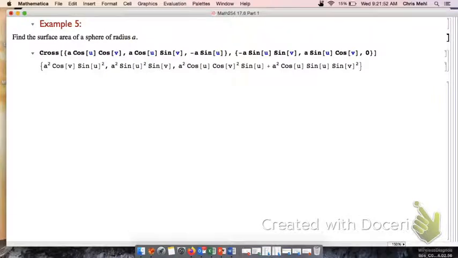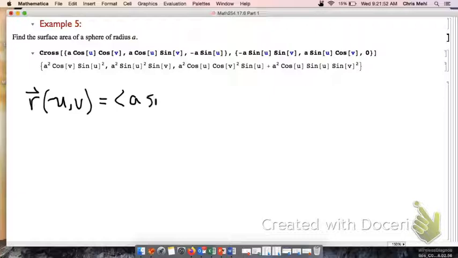Now, I'm not going to lie to you. Doing the magnitude of Tu cross Tv can sometimes be tedious. So, for example, if I want to find the surface area of a sphere of radius a, what you would probably do is first parameterize the sphere of radius a, and the radius is a, so r of u, v would be